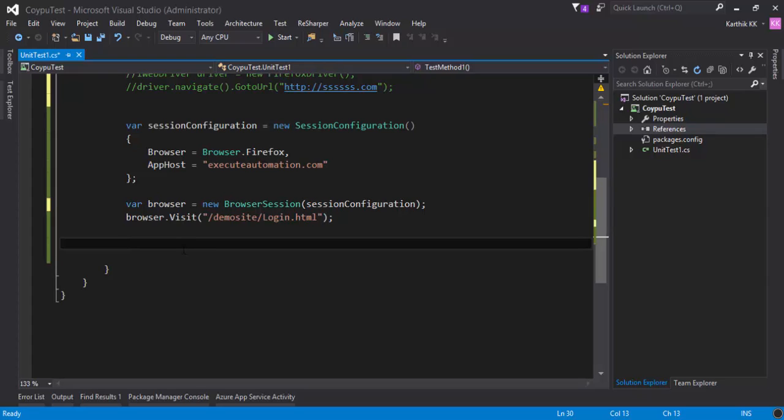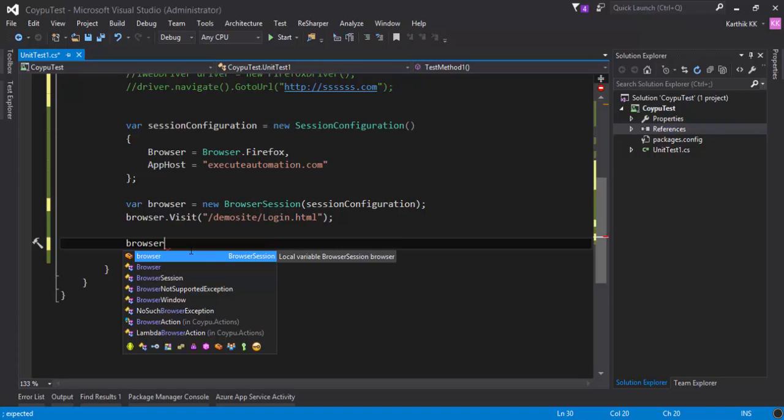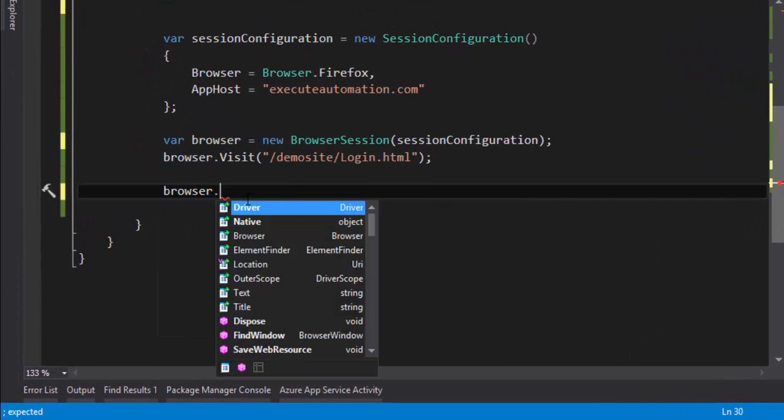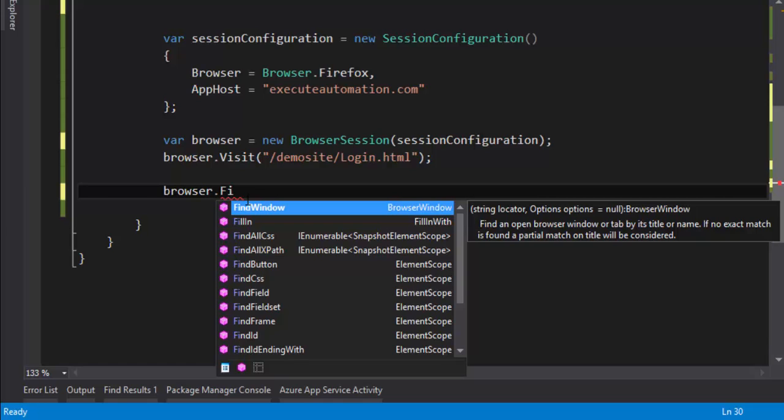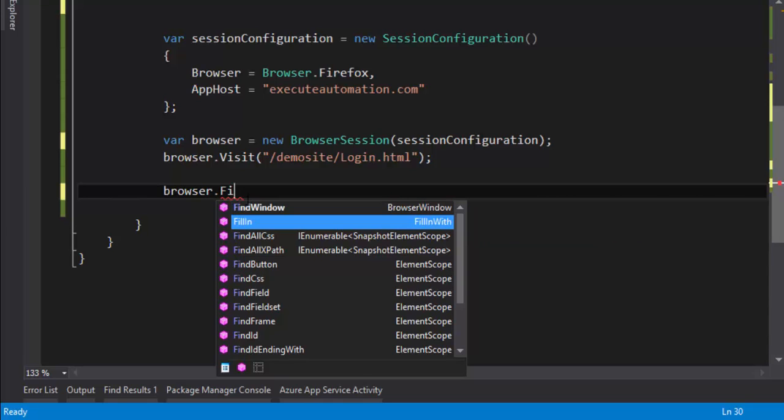Let's quickly do that. So as I already said, to type some text in the text box, there is a method called fill in, and then for clicking a button, you're going to use click button. And fill in is going to work in combination with the with method. So let's quickly write and see how it's going to look. Browser dot fill in, and you can see there are so many methods, man. See, find window, fill in, find all CSS, find. That's what I was saying. There are so many find methods available out of the box in the Coypu framework,